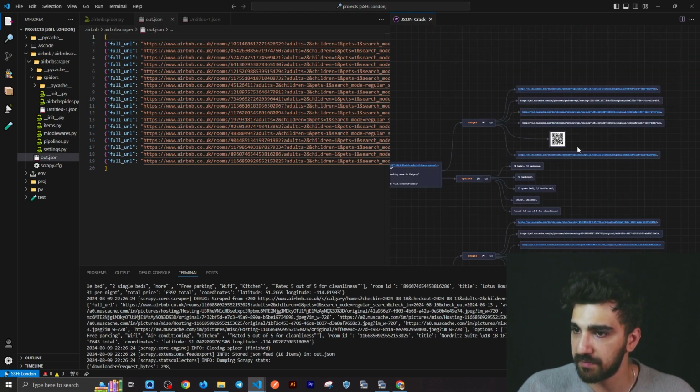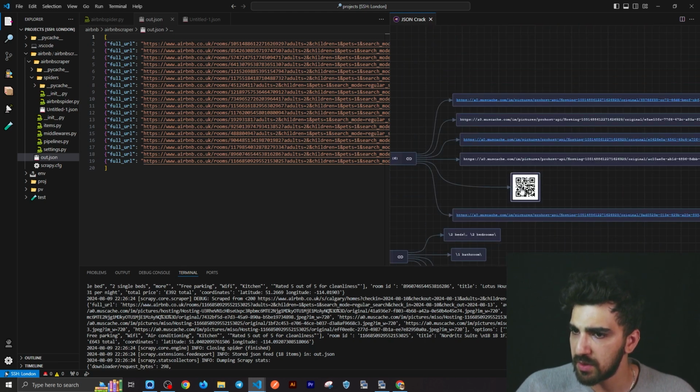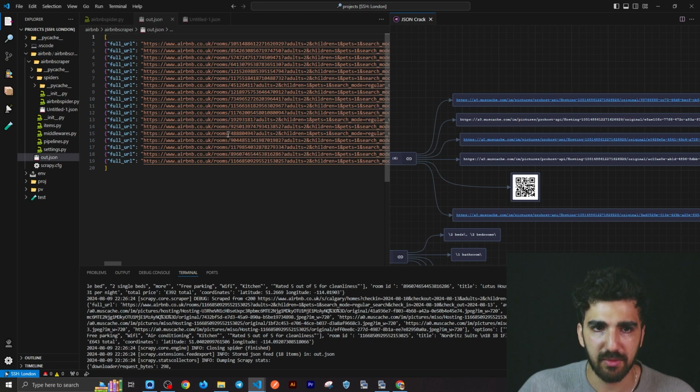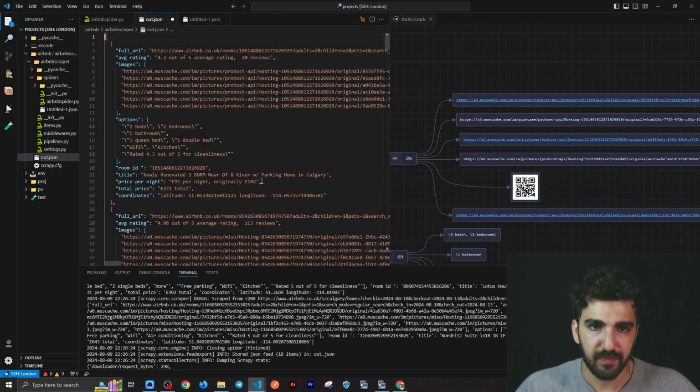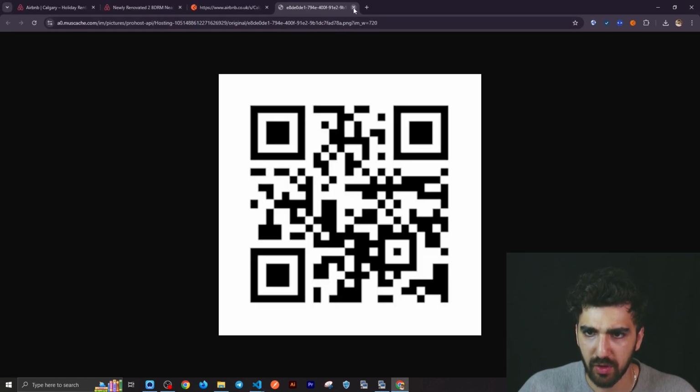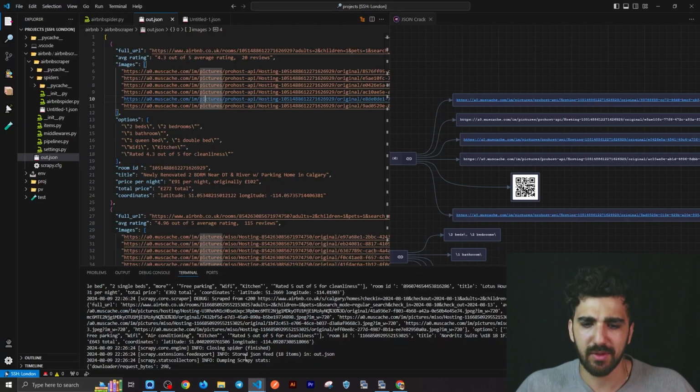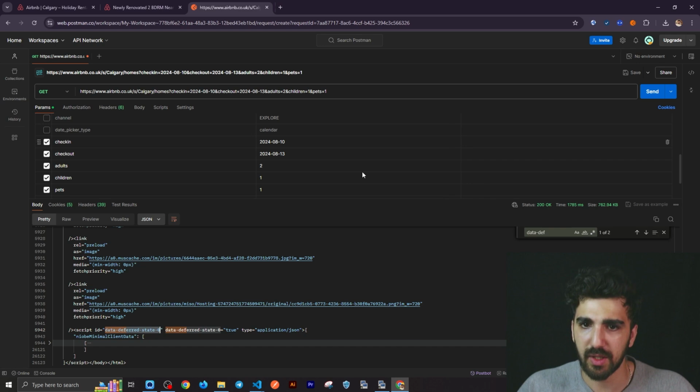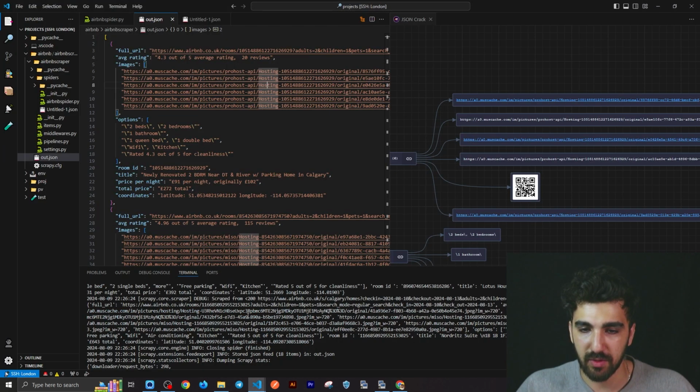And the images, what is that? It's a QR code. Let me open one of the images. For example, I think it was this one. 1, 2, 3, 4, 5. Oh, it's a QR code. Interesting. And let me open the second one. Okay. But that one was a QR code,